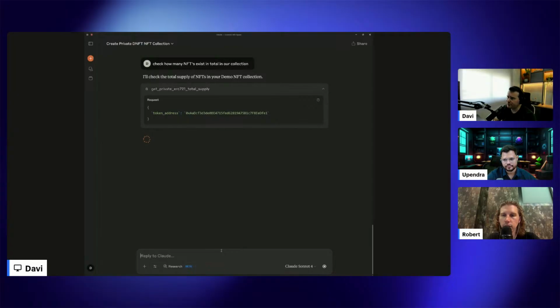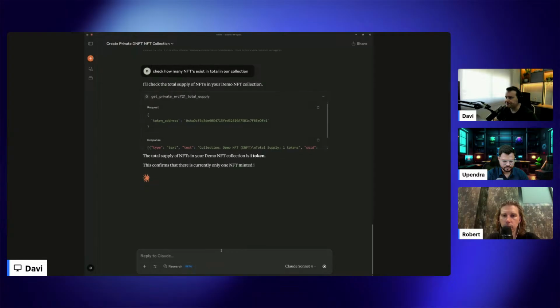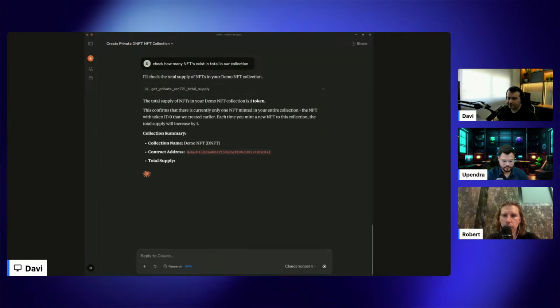In that case, it should be one, because the total supply is one and my balance is also one. So we have just one NFT, so 100% of the collection is on my wallet.